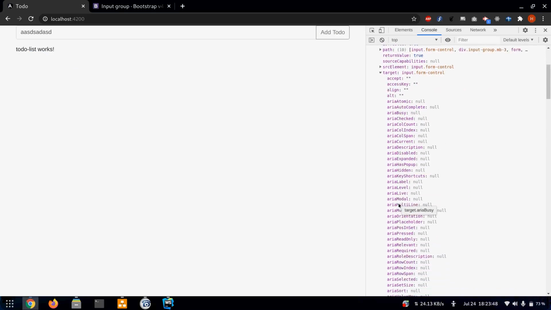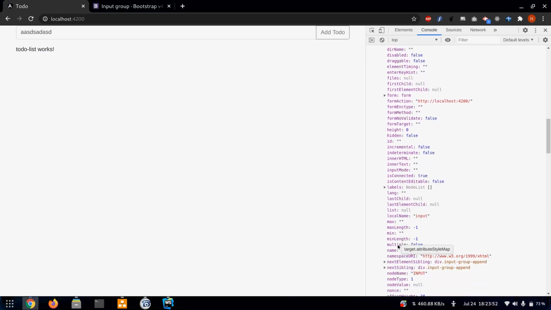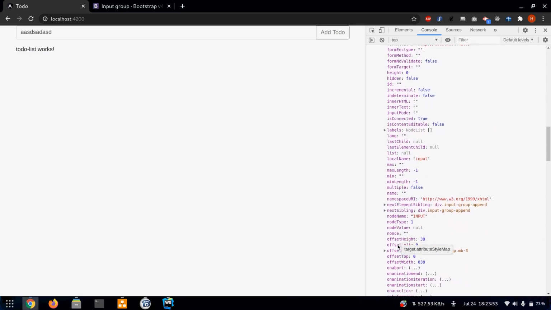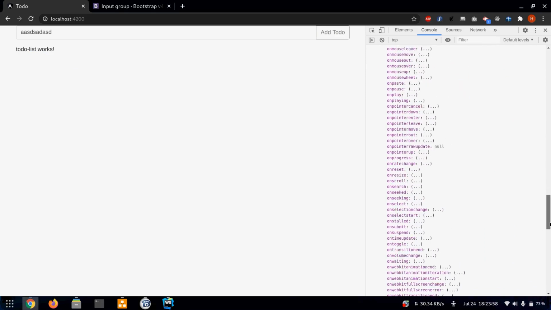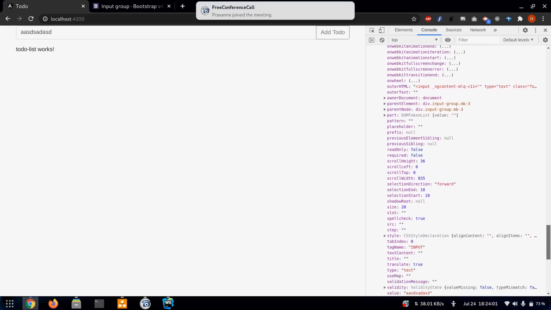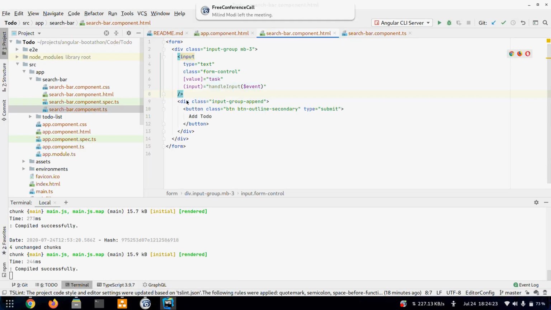If we go to target and go to value inside it, there will be a value here, yes. So there is a value property inside of it, and it contains the string that is inside this input tag. So we'll use this value to update our property of task.